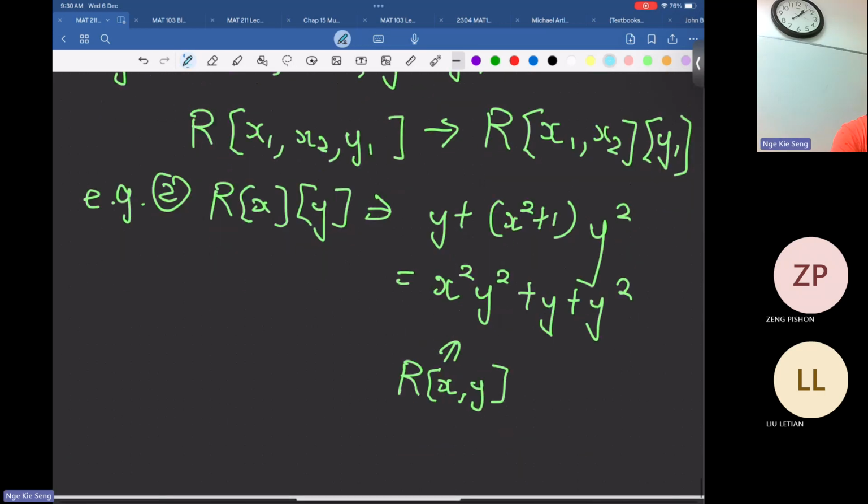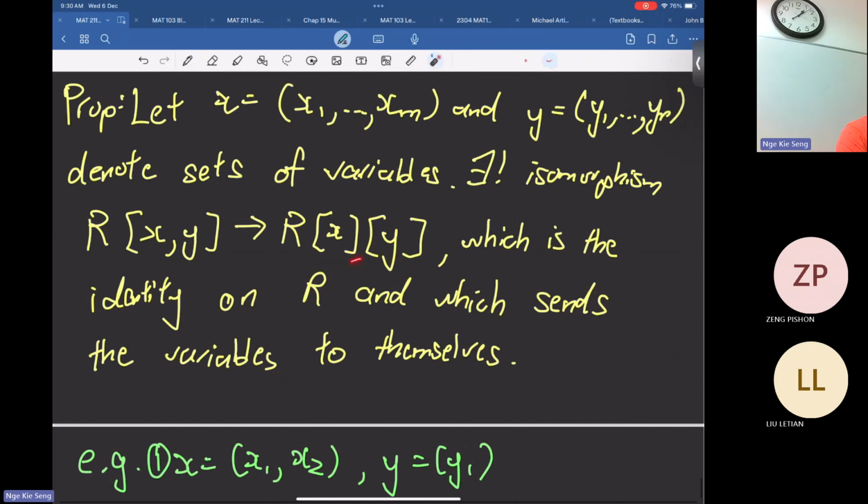Okay, what you want to show? You want to show that these two are isomorphic. To show that two rings are isomorphic, when you talk about isomorphism, what do you need? You need an isomorphism. You need a